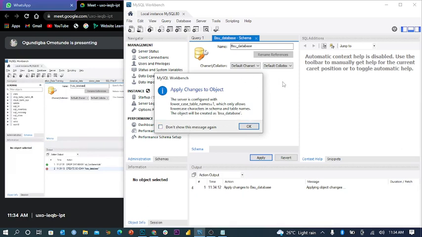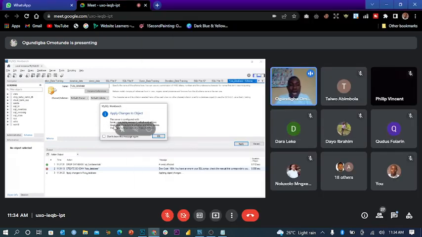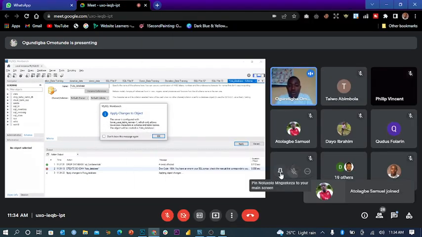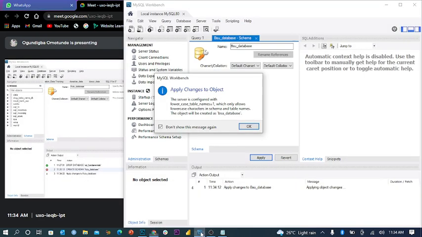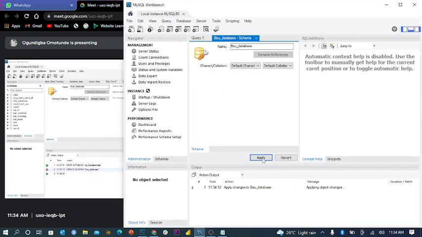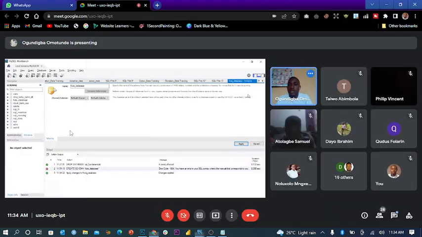Then you click apply. It's telling me that I can't use uppercase all through. I have to get some lowercase and what have you, but that's not an issue. It's okay. Then apply, finish.